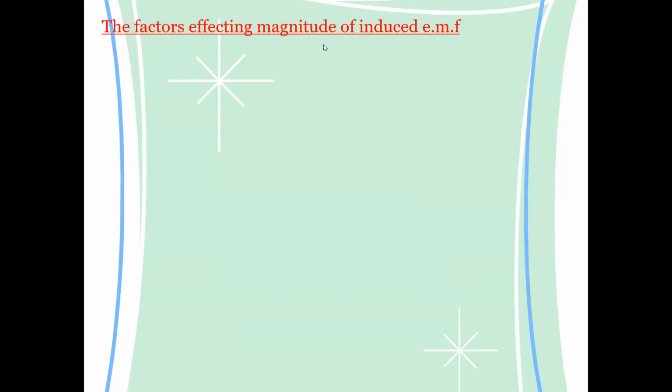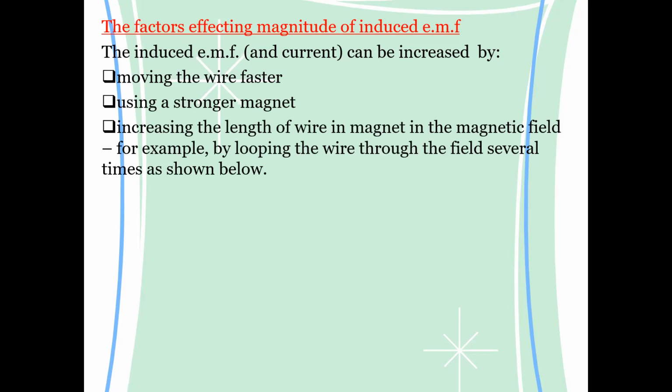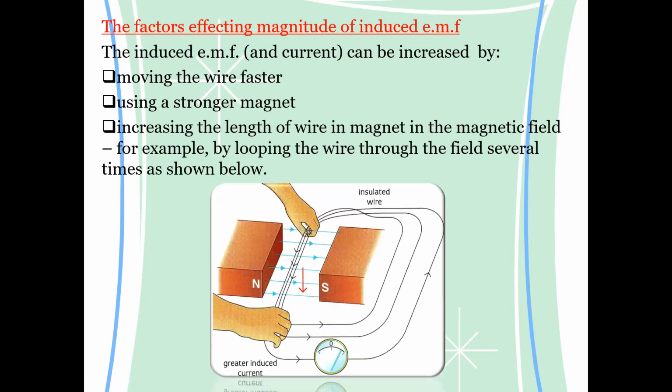The factors which are affecting the magnitude or amount of induced EMF: number one, the induced EMF can be increased by moving the wire faster. If I move the wire faster, it will produce greater EMF. Using stronger magnets, magnets with greater strength, the induced EMF will also increase. And the third thing, if we use more wires or a greater number of wires, it will also induce